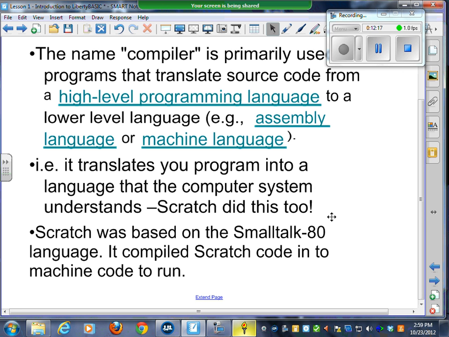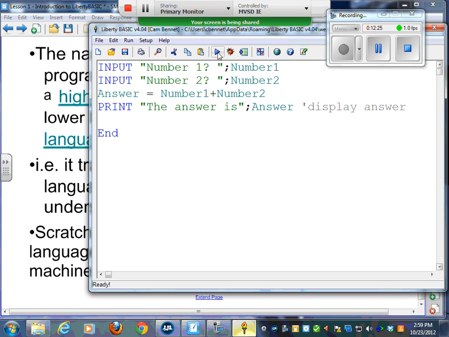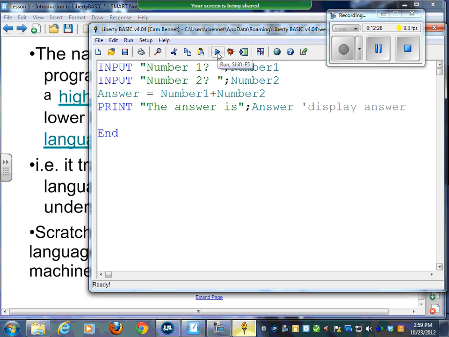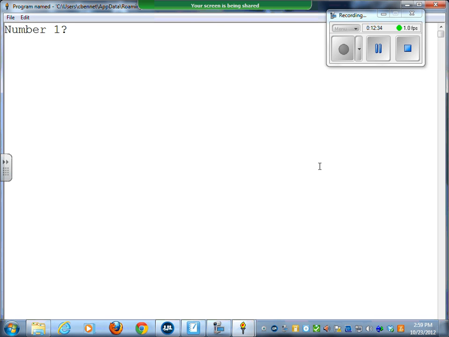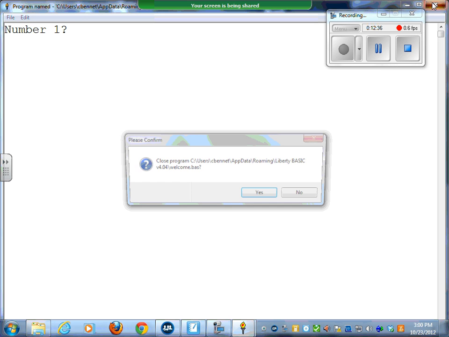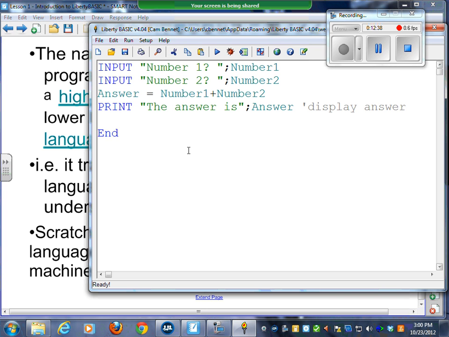If you watch my Liberty Basic program, if you watch real carefully here, you're going to see a window pop up and there's going to be a bar that's going to go right across, like a progress bar. Did you see it? Okay, it happened really fast. How come? Because it doesn't take long to compile five lines of code. When you get a really big program,